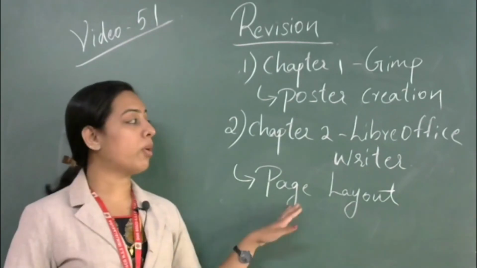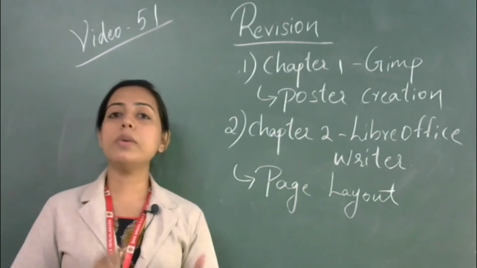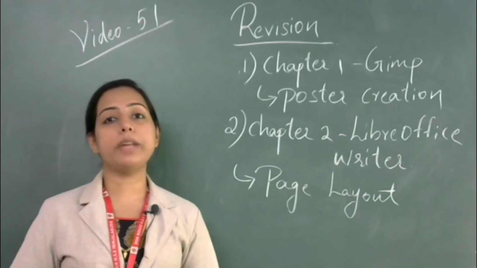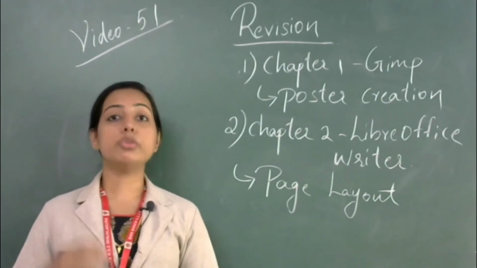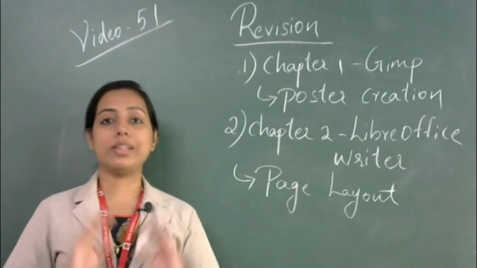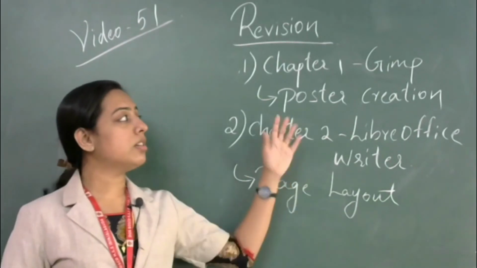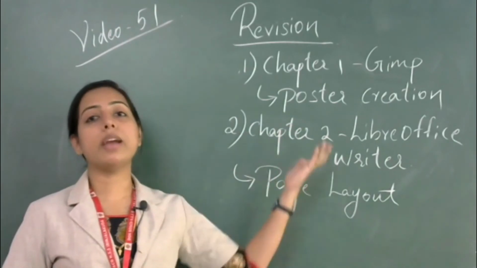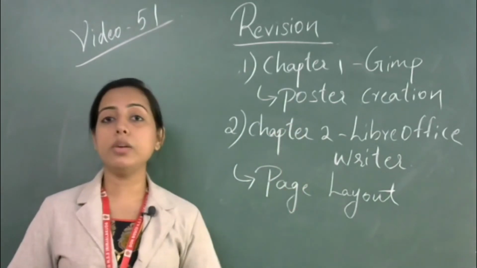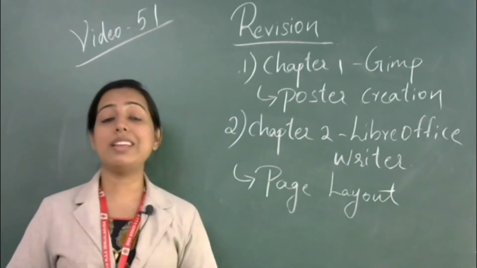So that is the important activity in chapter 2, LibreOffice Writer. And also one small topic was there, subscript and superscript, isn't it? How to make a text into subscript and superscript. So these comprise chapter 2. As these are small chapters, I am discussing 2 chapters in one class, because the GIMP and LibreOffice Writer softwares are such easy softwares.